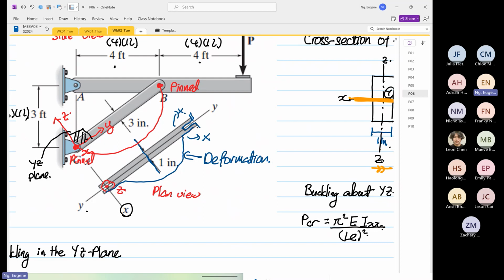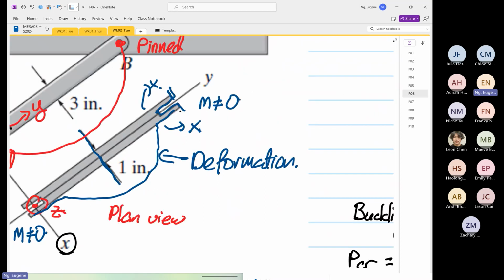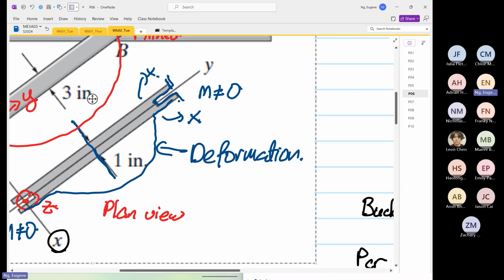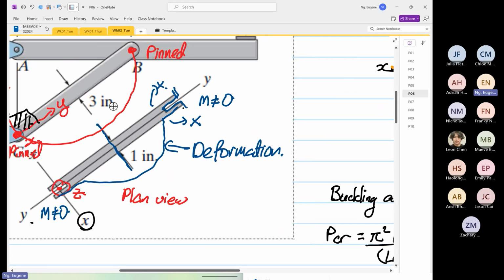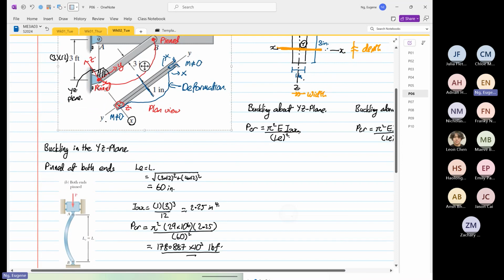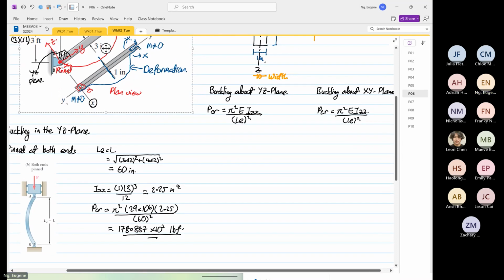So when that's the case, you prevent rotation, which means you're inducing a moment. So moment is not equal to 0. Likewise, on the side, moment is not equal to 0, because you need another piece coming in here, yes or no? So it will prevent the rotation. So when that's the case, if now we were to analyze buckling,